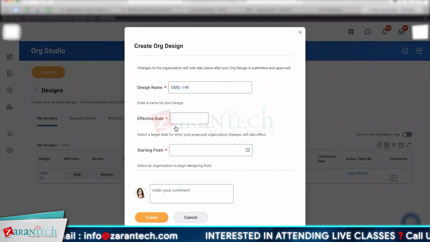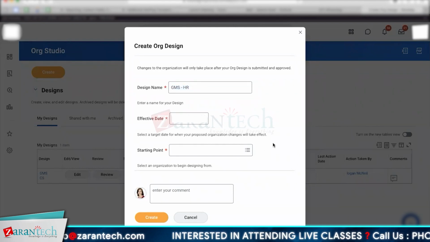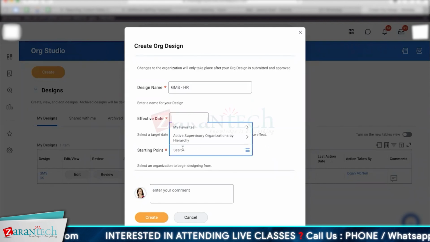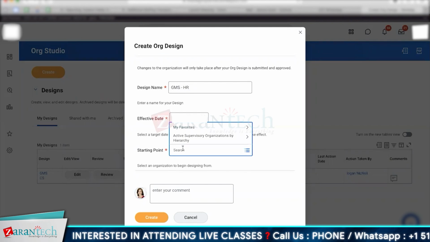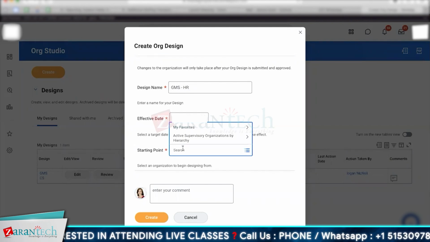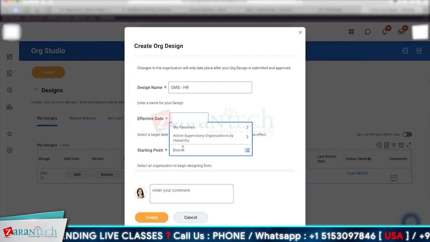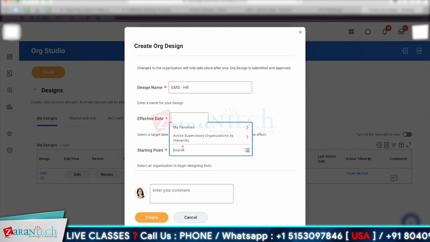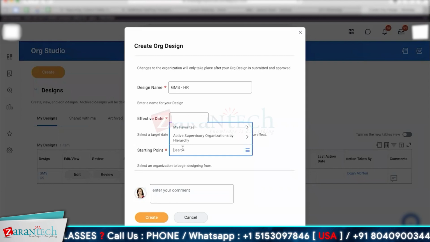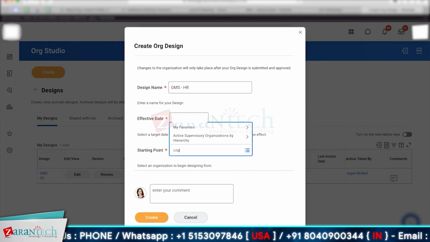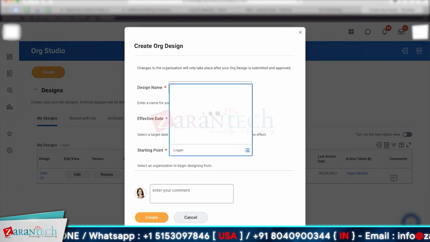Of course, there will be an effective date, from which date I want it to be effective, and then I want to give a starting point, and the starting point is again a supervisory organization. The idea is that I am defining the organization in which I plan to do the reorganization. So let's say if I type Logan's name,